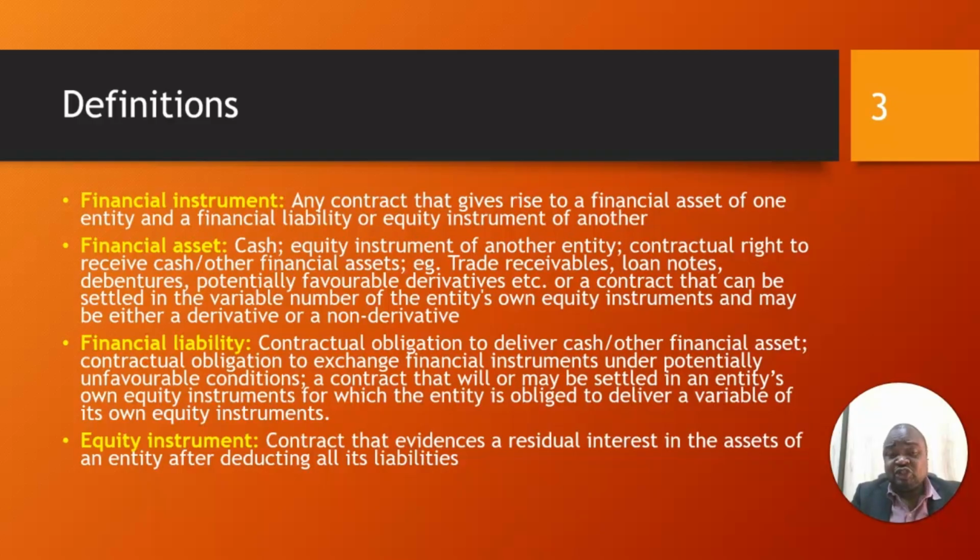What is a financial instrument? This is a contract that gives rise to a financial asset of one entity and a financial liability or equity instrument of another. Please pay careful attention. Liability and equity normally go hand in hand, but they are very different. They move hand in hand because we all know the balance sheet equation,